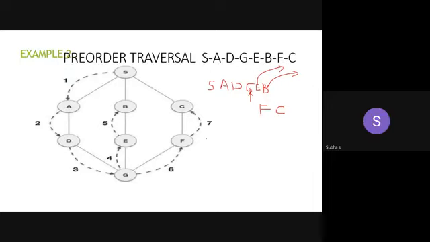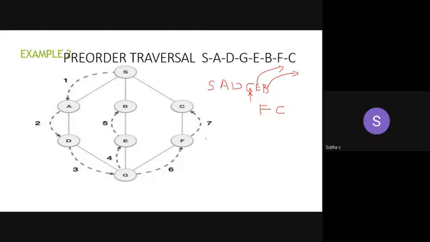Okay. So this kind of traversal we have seen in a tree data structure. You are aware of the pre-order traversal. Pre-order means root is visited first, then left child, and then right child. This is applicable for all the subtrees. So your pre-order traversal is nothing but your DFS technique here. You can solve it for any other example also.